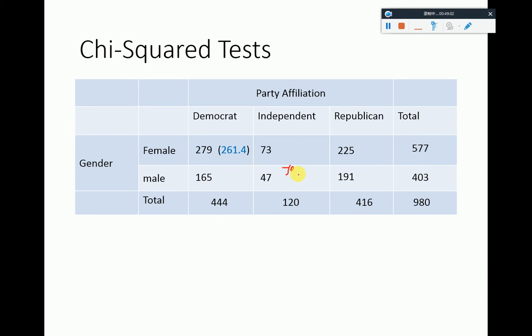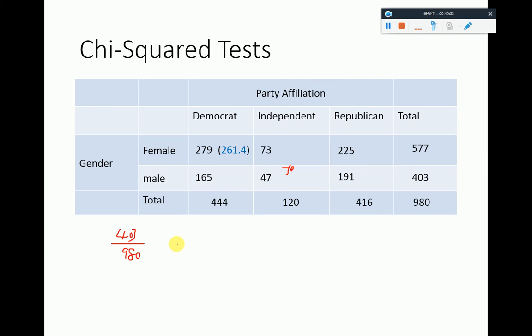So how do we calculate the expected frequency for male independence? Easy. First of all, we need the probability of observing male. So we have these many males from these many people, so it would be 403 divided by 981. Fantastic. That's the probability of observing men from the sample, if gender and party affiliation are not related